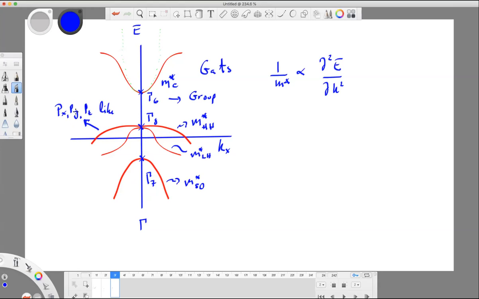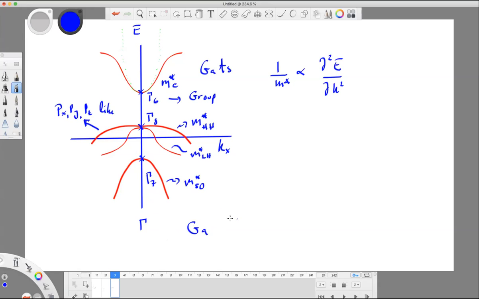This is because of the structure of the valence band, which is going to be made from these kinds of orbitals. Remember, for example, that the structure of